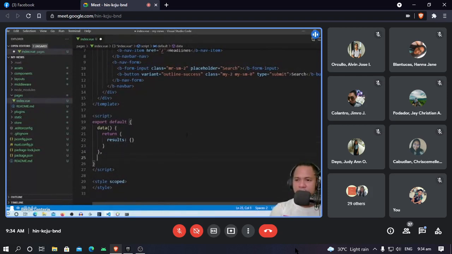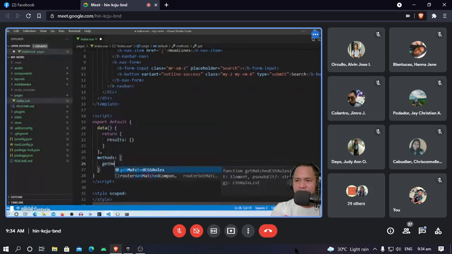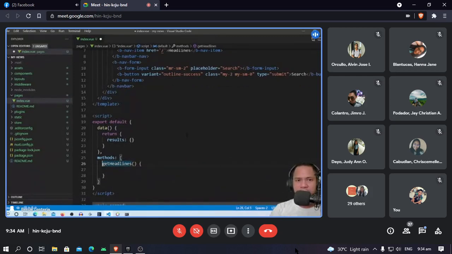And of course, we're going to have a method. So under methods, this is where we'll get our headlines. So we'll have getHeadlines here as a method. And of course, since we are asking for data from an API here, this should be an async method, so that we can use the await keyword when we use Axios, which is exactly what we need to write here next. So we do await,